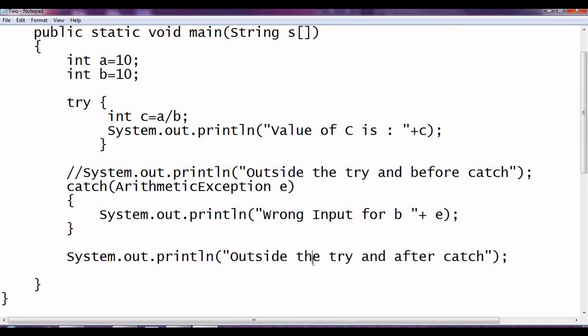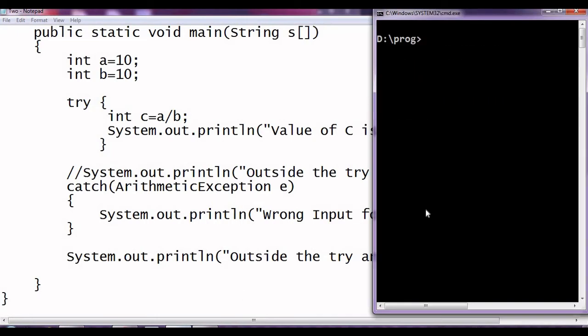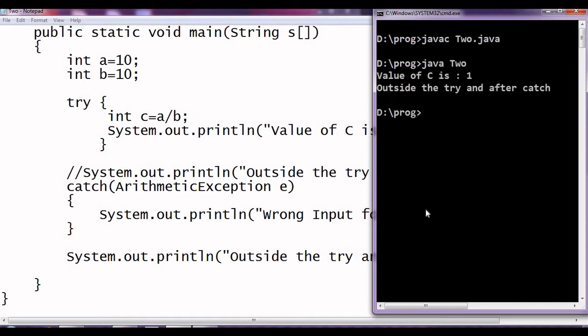Now let us work for both the cases, and you can see the output properly. Value of c is 1, outside the try and after the catch. It's perfectly executing without any execution of a catch.